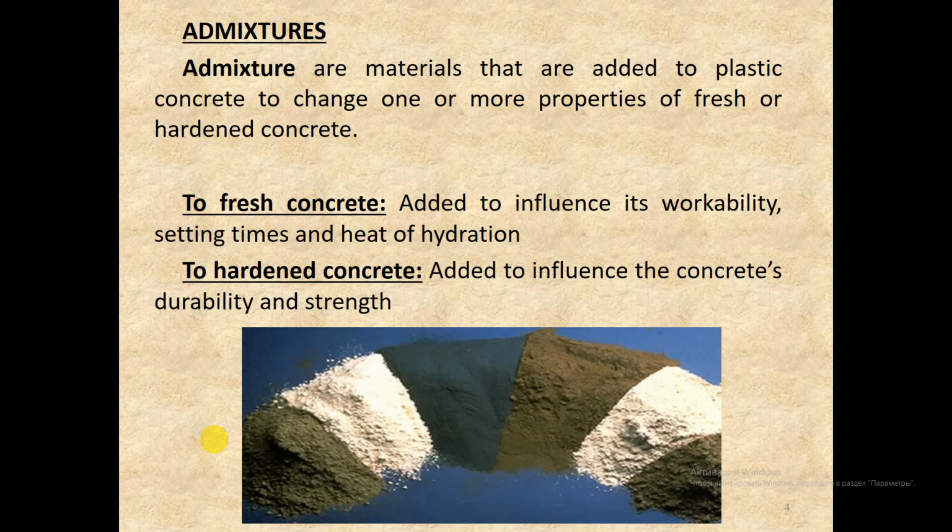Until 1977, the most widely used accelerator was calcium chloride, either as a proprietary solution or in flake form. Because the presence of chloride, even in small amounts, increases the risk of corrosion of embedded reinforcement, the use of admixtures based on calcium chloride is now prohibited in all reinforced and prestressed concrete. But